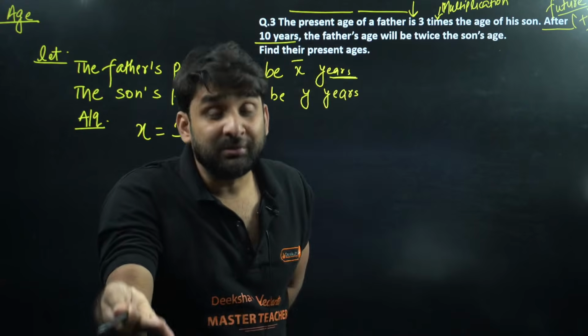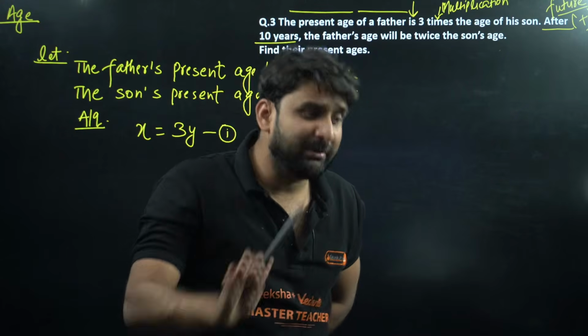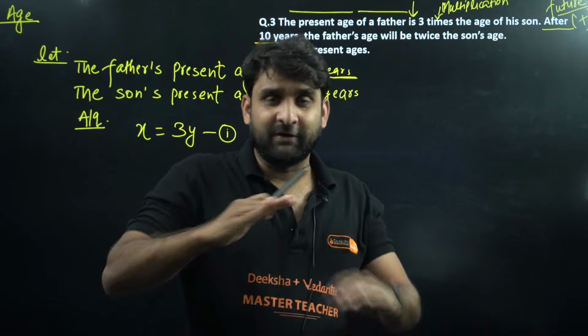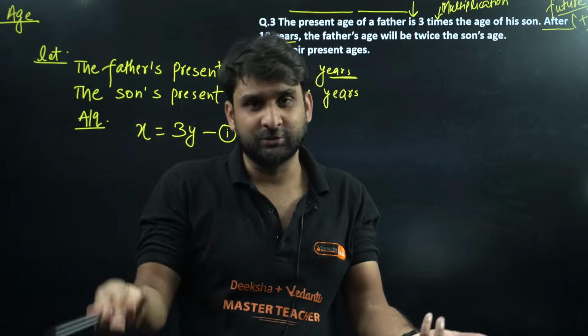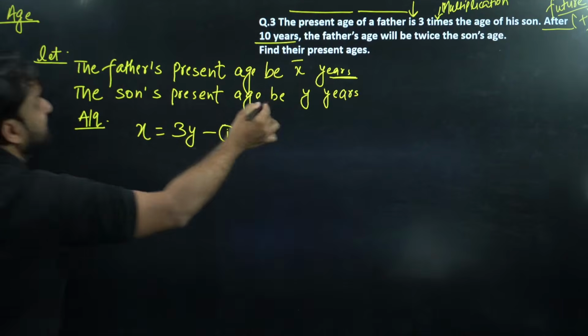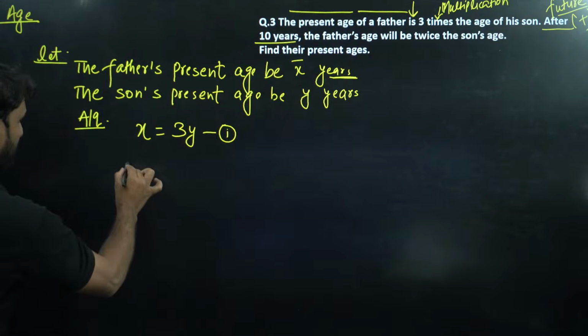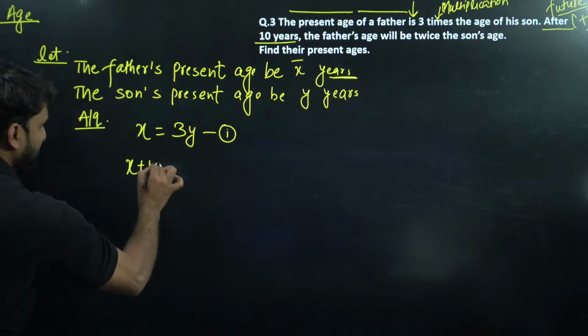So son will also be 10 years older, na? Because both are human beings. If father will be 10 years older, so son will also be 10 years older. So after 10 years, the father's age will be x plus 10